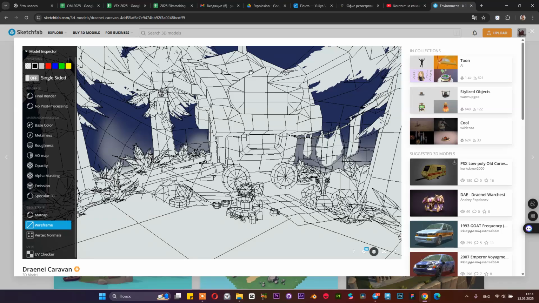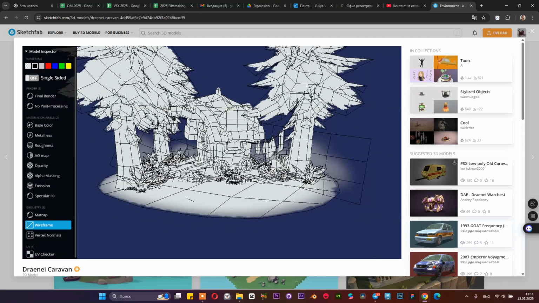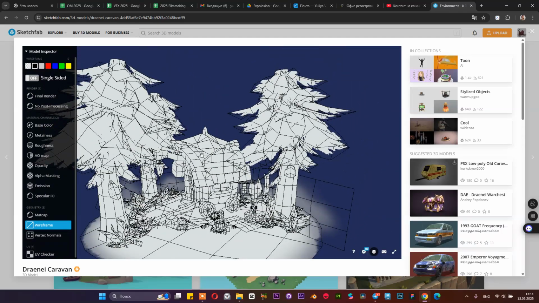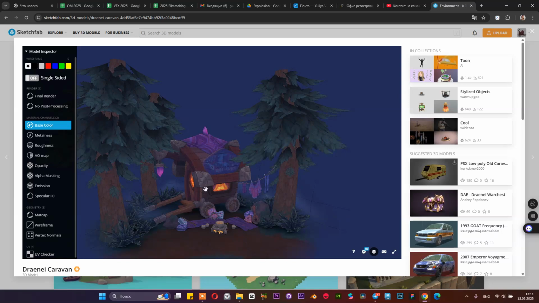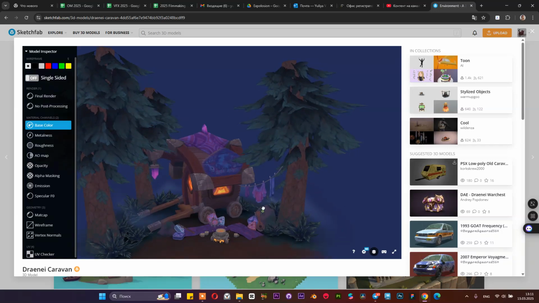Some artists create two parts of the model, low poly and high poly. And from the high poly, we can transfer any information into the texture. We can transfer some details. Here are no details for the transfer, but for example,